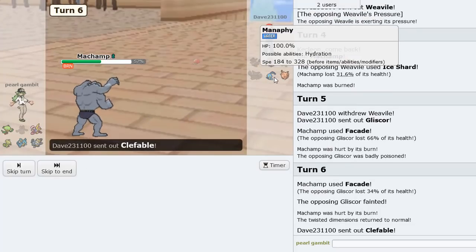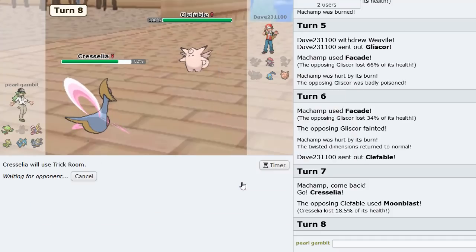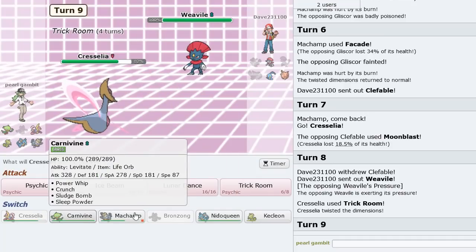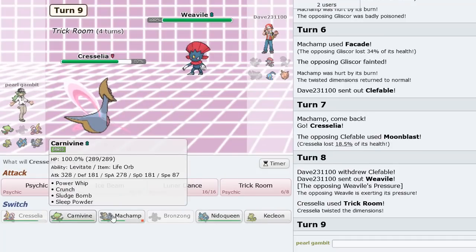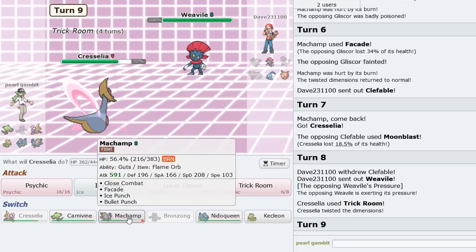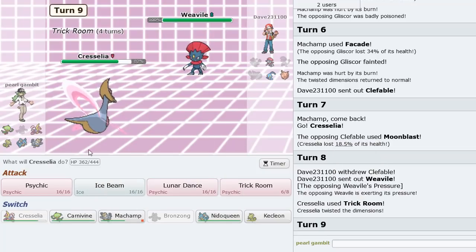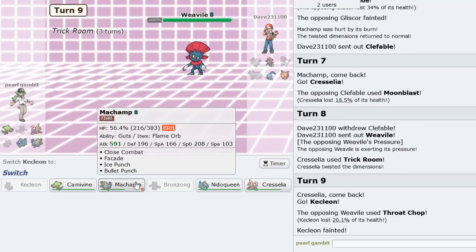And then what does he go into here? Let's see. So it's going to be Clef right now. We get to go Cress here and go right for the Trick Room once again. So you already know, putting in the finest of work. He goes Weavile. We get to go, I want to say probably, so we can keep Carnivine for now. Who do we go into here? I guess we could sack Kecleon, because at this point in time, we still have a full HP Trick Roomer. I'm going to sack Kecleon. Go into,